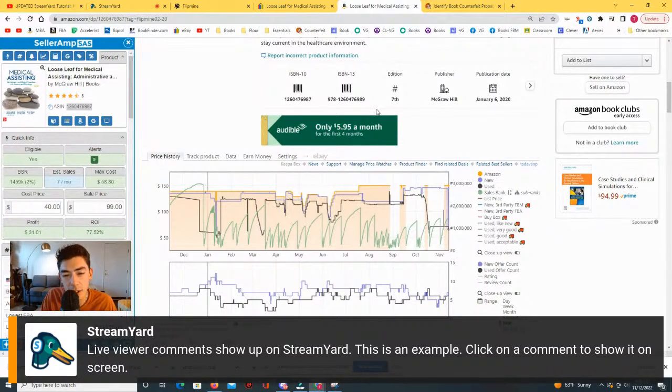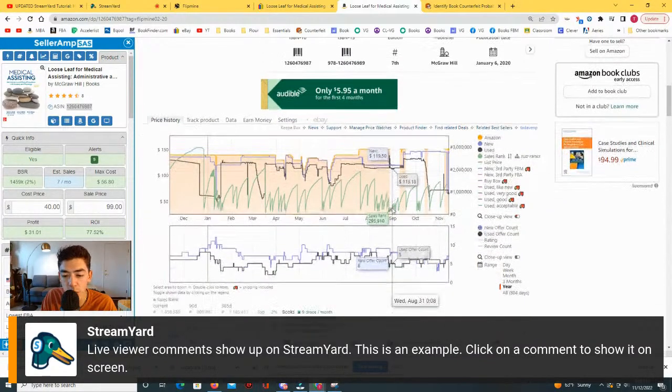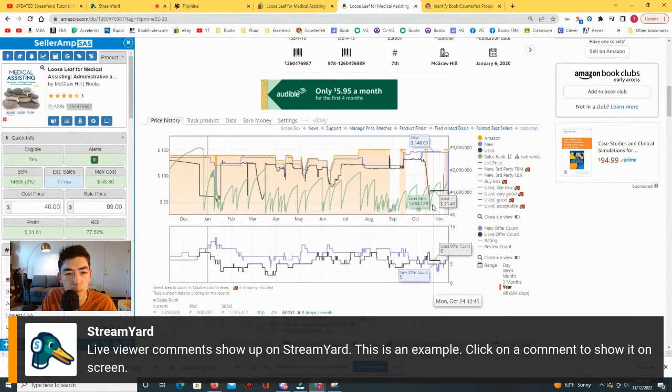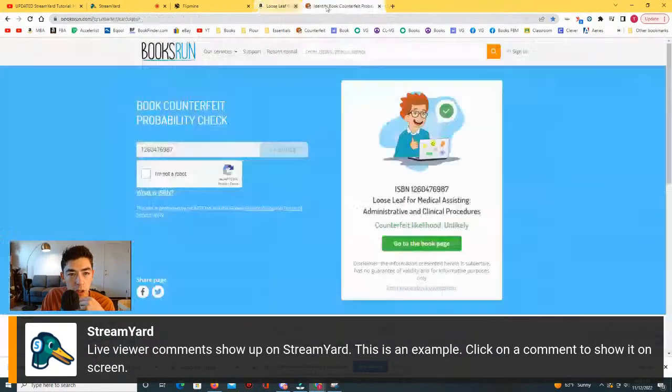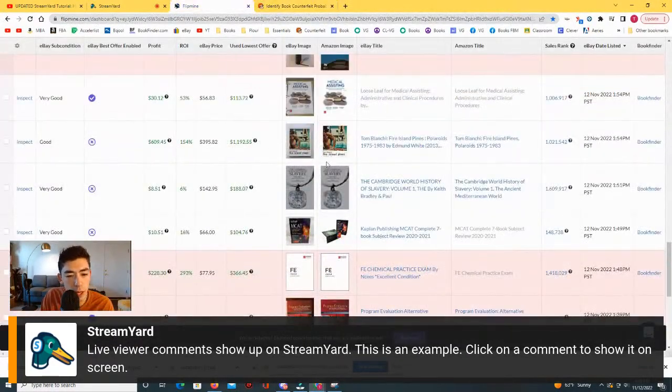Your intention is not to sell a counterfeit book, but if there's a book that's likely to be counterfeit and it is counterfeit when you sell it and it gets caught, then your account can definitely be suspended or even shut down if you do it enough times. So I would say that probably would have been a good deal if you could have picked it up for $40 for sure. But what you'll notice with FlipMine is that all the great deals are going to go pretty